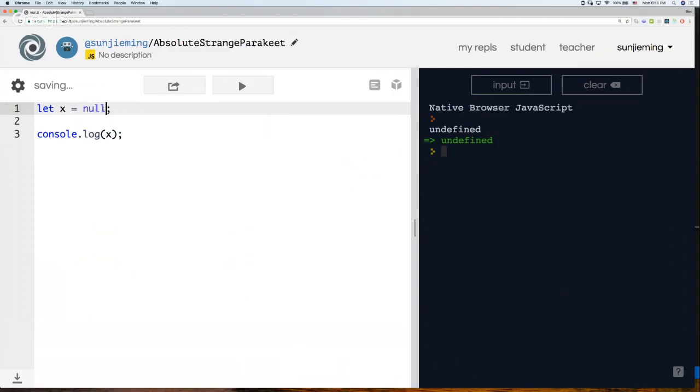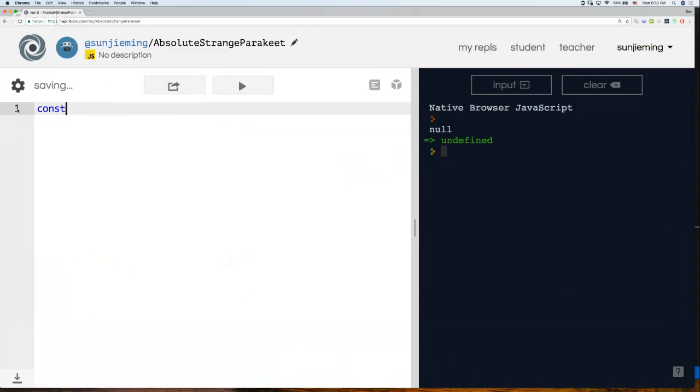So null is kind of like undefined, but it's one that we have explicitly set. The language by default sets things to undefined if they've never been set to anything. Null is a value that we'll set to a variable when we want to overwrite it. So maybe,